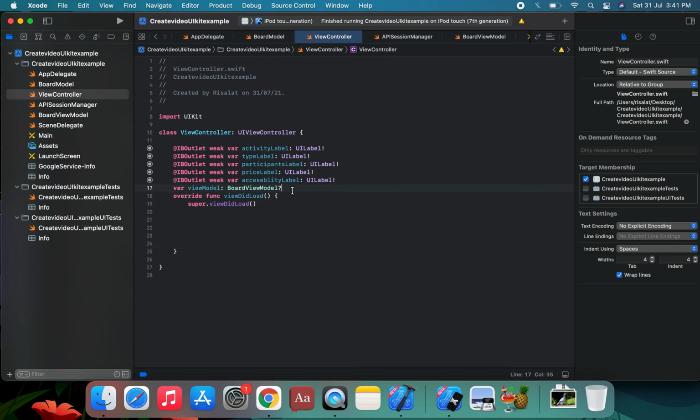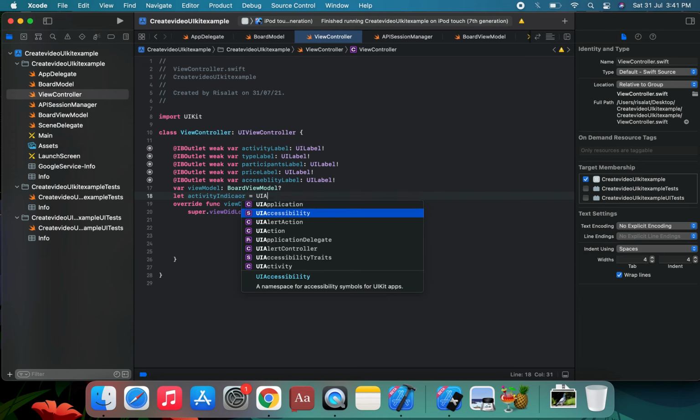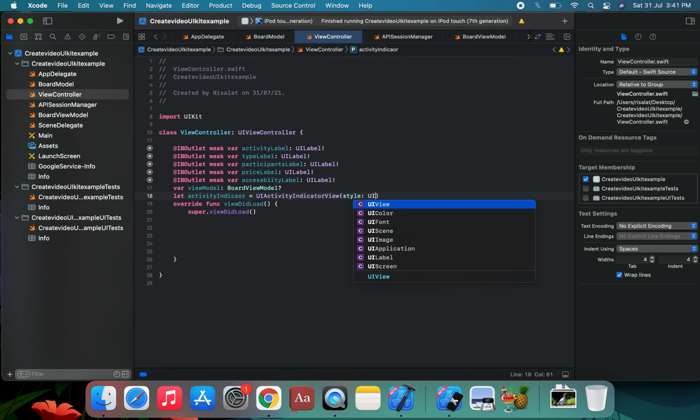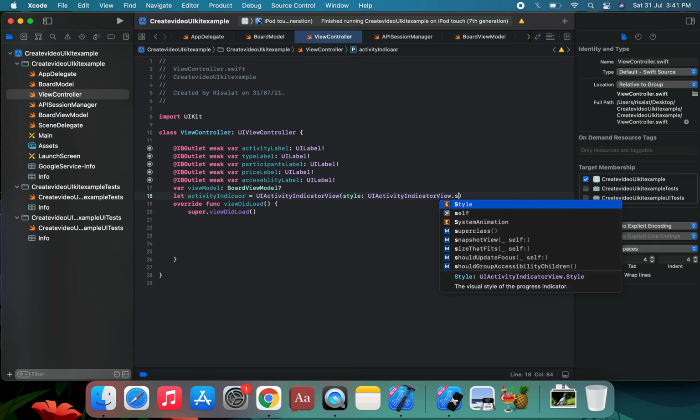First, create the activity indicator. So let activityIndicator is equal to UIActivityIndicatorView, with style UIActivityIndicatorView.Style.large, which is .large.